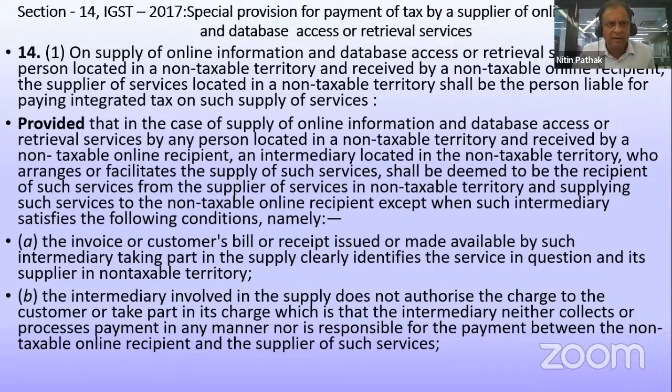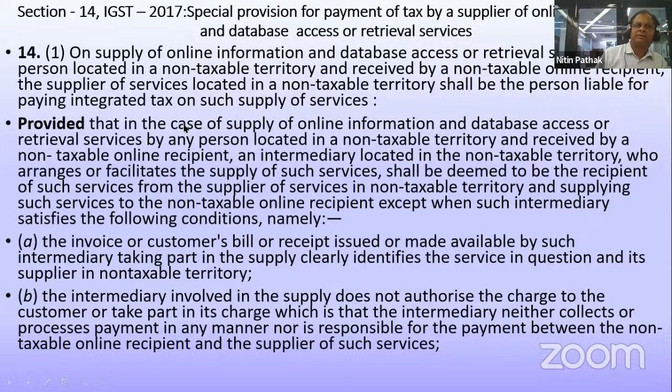Section 14(1). If I read it, this will make it clearer. On supply of online information database services by any person located in non-taxable territory, so YouTube is outside, and received by a non-taxable person. Suppose I am using YouTube and I'm paying for an advertisement-free version. I don't want advertisements, I'm paying the money. Received by a non-taxable online recipient, the supplier of service located in non-taxable territory shall be the person liable to pay